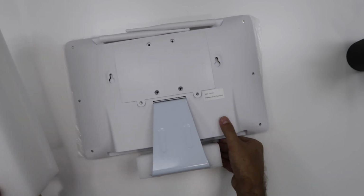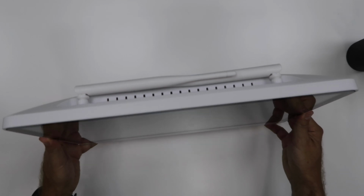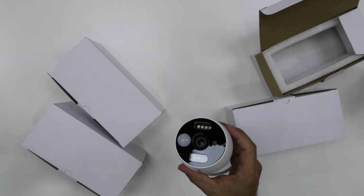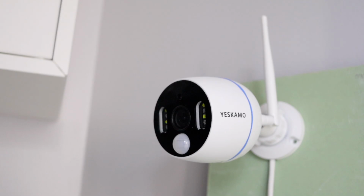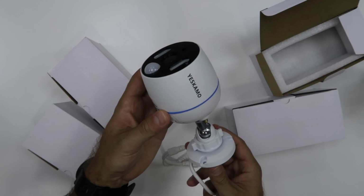Now we also find the NVR in the package, which is an all-in-one NVR with a 16-inch screen, which looks really nice, and we have the ability to record. We will also find 4 1080p cameras with movement detection, two-way audio, motion activated LED lights, IP66 water protection and a siren alarm. Included in the package there will be all the accessories necessary so that we can assemble the system,